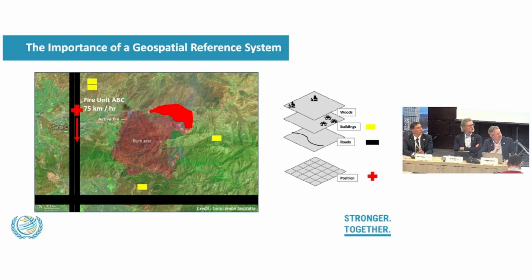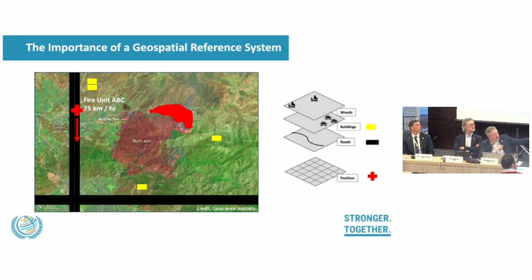Here's an example. What you can see here is we have our positioning layer on the bottom. If you look on the right-hand side, let's assume that cross is a fire engine. That fire engine has a GPS tag on it. So back at the base, they know that that fire unit is travelling at 75 kilometres per hour on that road, and you have your road data, and you have your Earth observation data sitting underneath it. It's showing you up-to-date imagery of where a bushfire is.